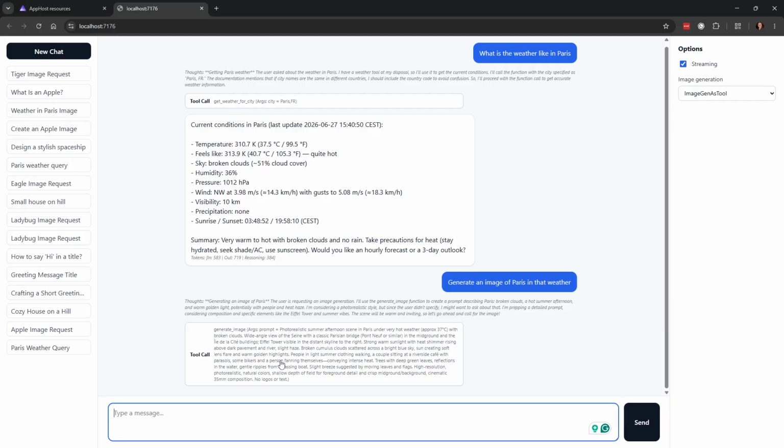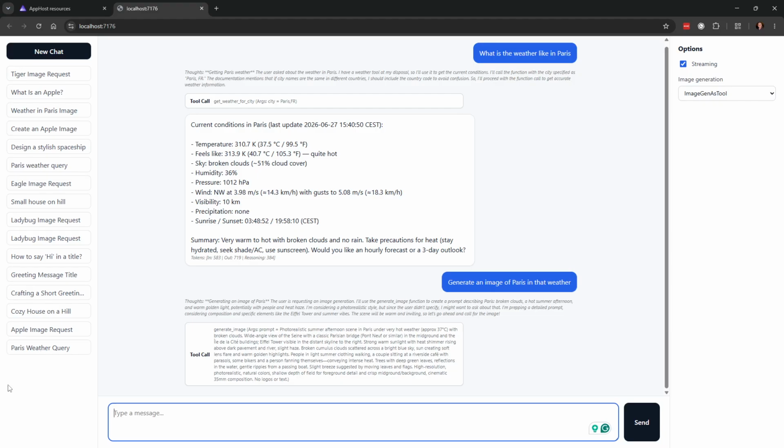And while we wait for this, I wanted to make it so I could say the following prompt. We'll send it a little while. Generate an image of how the weather is in Paris right now. And it sort of works, and then it totally breaks down. And we'll see why in 1 second.